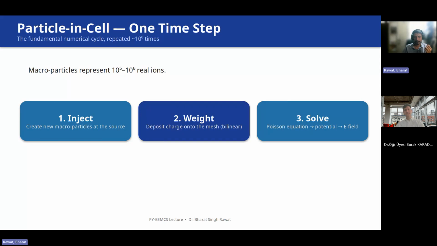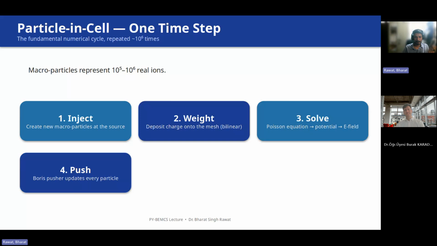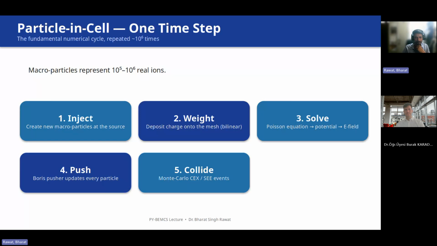And then you solve Poisson's equation for the potential and the electric field, and then you use the electric field in a particle pusher algorithm. Here in my code, I've used the Boris pusher, which is the most up-to-date pusher algorithm, but there are others like RK4. The Boris pusher is also recommended for the case in which you have a magnetic field. For my current case, I don't have any magnetic field, but in case there is, I think Boris pusher does a very good job.